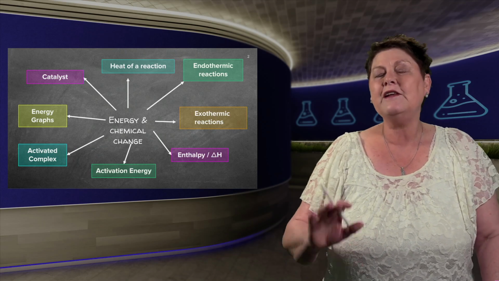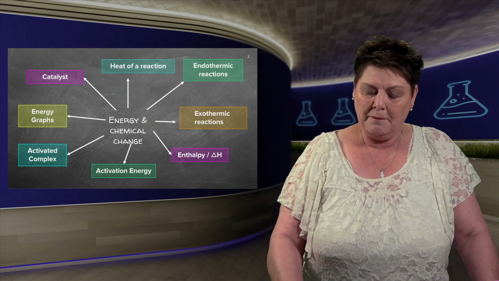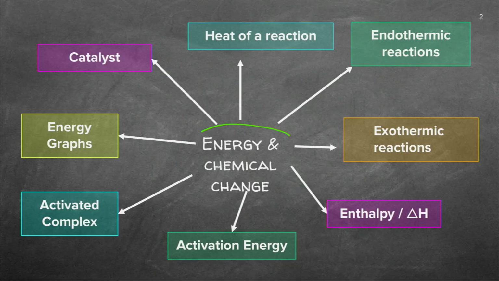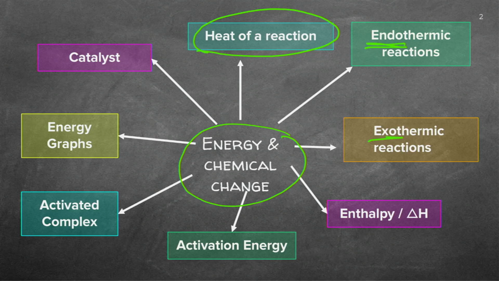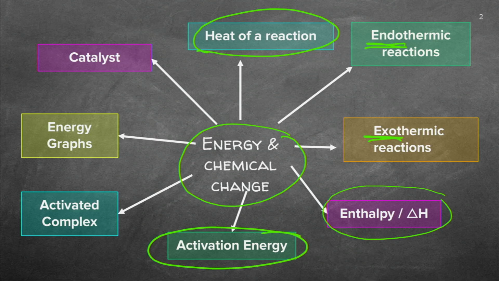There are a few things that need to be marked in this chapter. It's energy. So we're having a look at the heat of a reaction, and I'll explain that just now. We can find an endothermic as well as an exothermic reaction. We're going to have a look at the heat or the enthalpy. There's a part that we're going to have a look at: activation. How do we actually activate it? And it can start. The activation energy will form an activated complex.